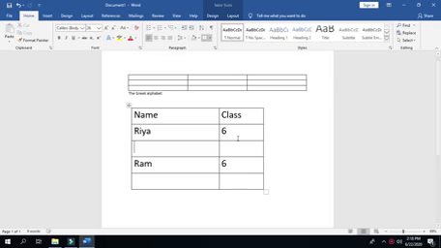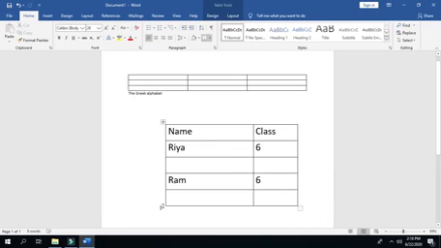Next is moving a table. In MS Word, we can also move a table from one location to another. So for that, firstly we will place the mouse pointer on the upper corner of the table. Then we will move the table to a new location.